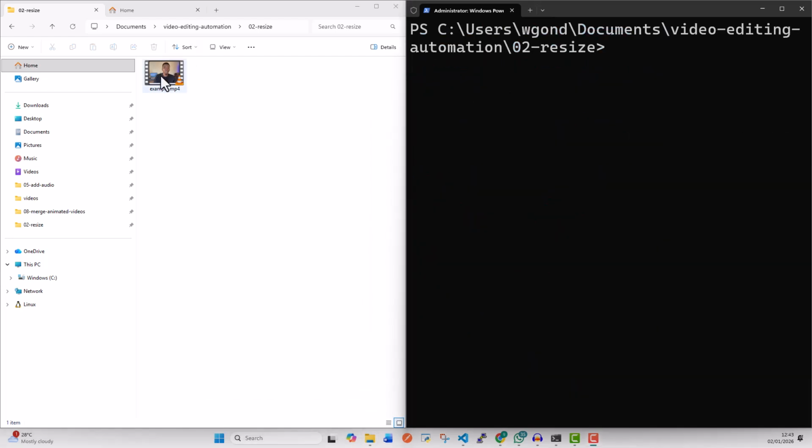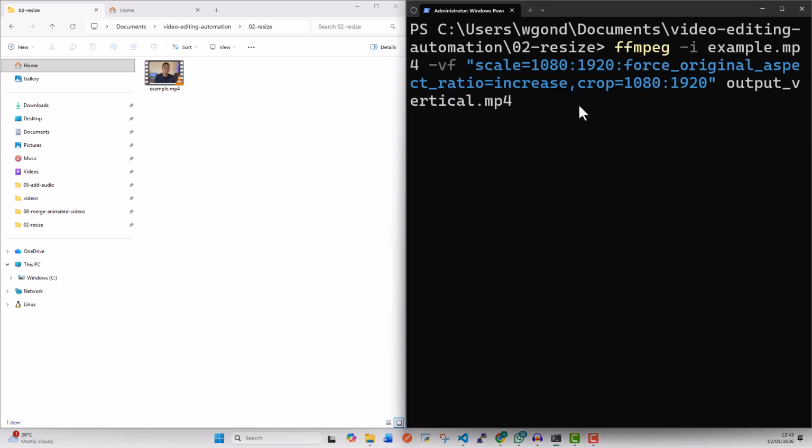Now I've moved into this folder structure, and the command that we want to run is the following. So ffmpeg, we have the -i as always, and then we also have the output file here, which is output_vertical.mp4. But then we've added another flag, which is the -vf. The vf stands for video filter graph. So in this case, what we want to do is to scale the video to 1080 by 1920,